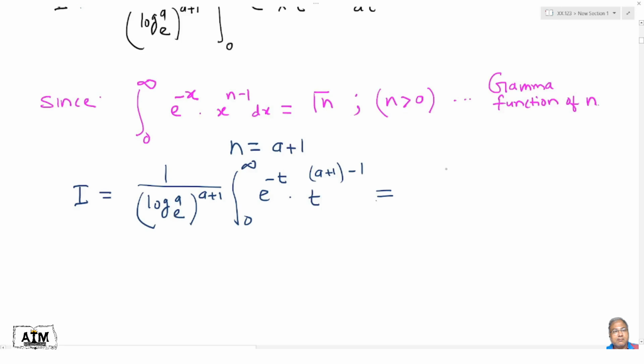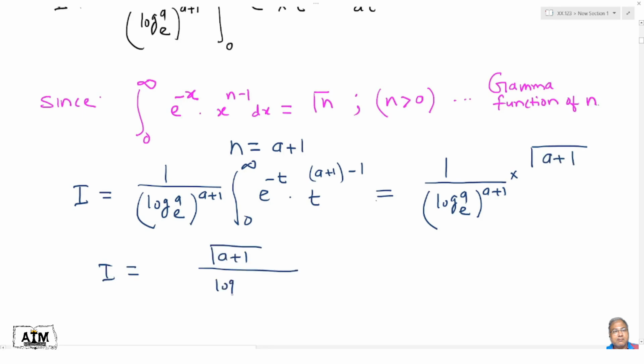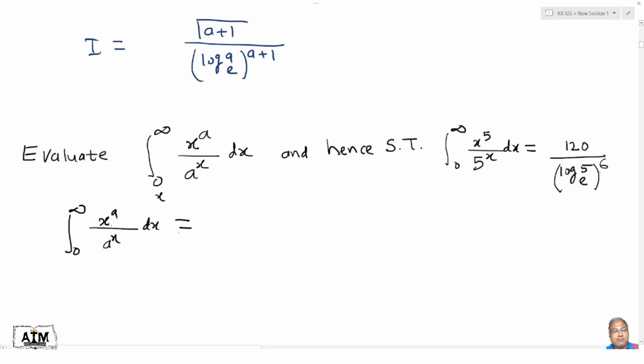Therefore I equals 1 upon (log a to the base e) whole raised to a plus 1 multiplied by gamma n, where n equals a plus 1, therefore multiplied by gamma of a plus 1. Therefore I equals gamma a plus 1 divided by (log a to the base e) whole raised to a plus 1. Therefore integration 0 to infinity x raised to a divided by a raised to x with respect to x equals gamma a plus 1 divided by (log a to the base e) whole raised to a plus 1, and hence show that